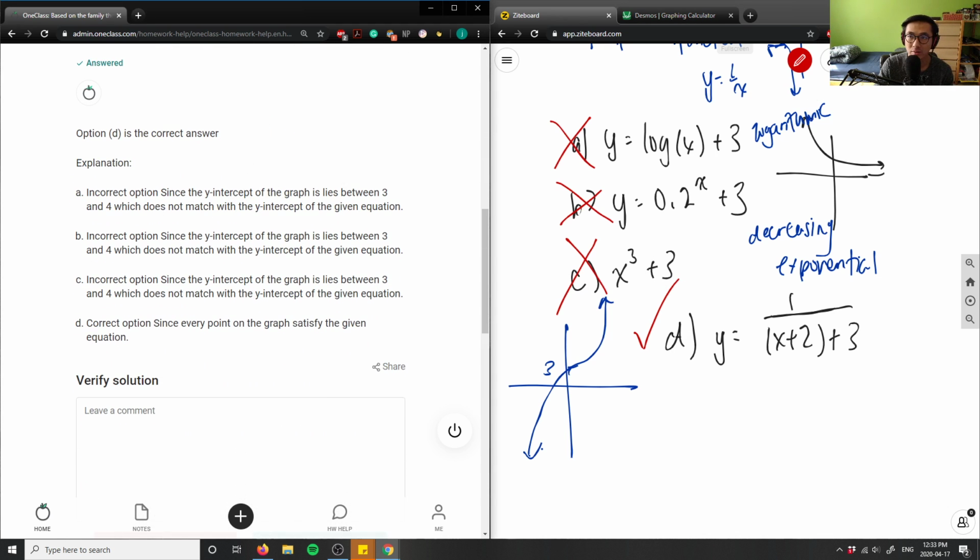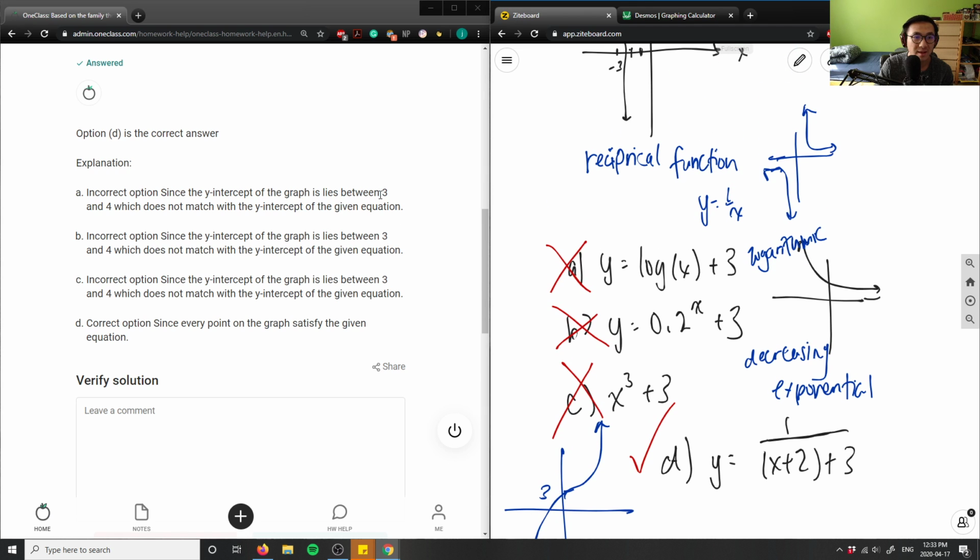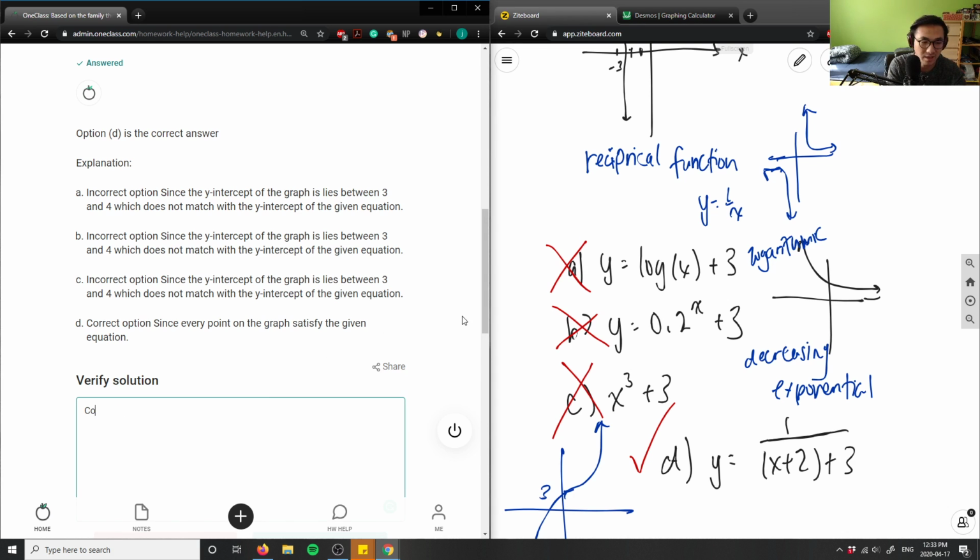Incorrect here says y-intercept lies between 3 and 4. So they actually use y-intercepts and not families of graphs. So in this case, it's the correct answer, but they used the wrong concept to solve for the solution. Basically, the correct answer in terms of the concepts, we have to talk about the family